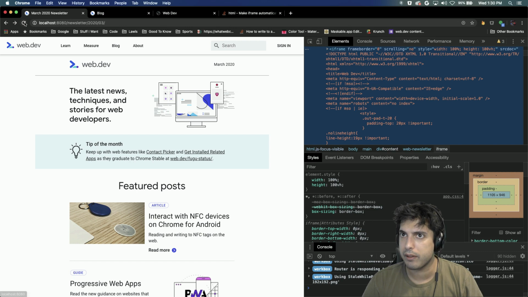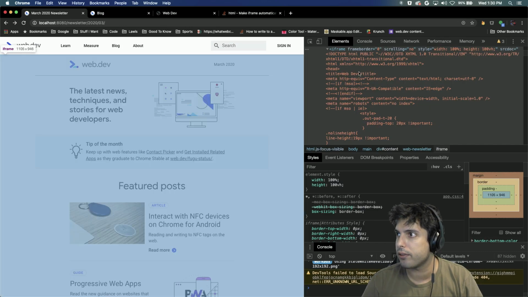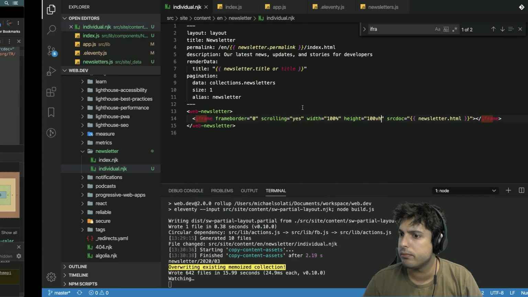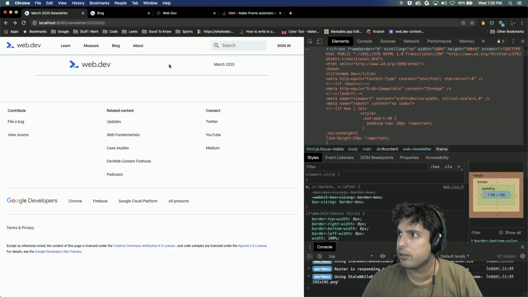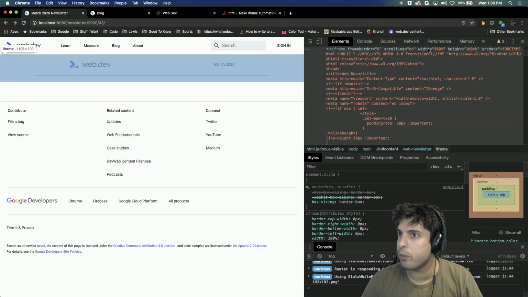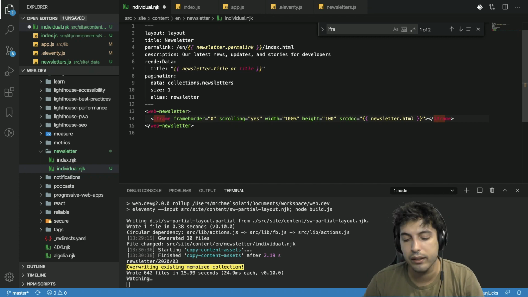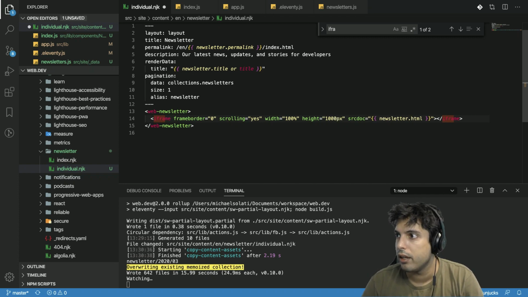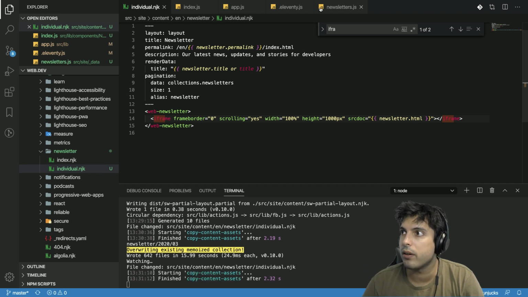Okay, give that a refresh. All right, so now the iframe, give that another refresh. All right, so the width is actually set to 100%, but the height of 100 view height isn't actually understood. So I'll just change that to like 1,000 pixels for now, just because pixels will be understood. But we're going to dynamically adjust that height with our